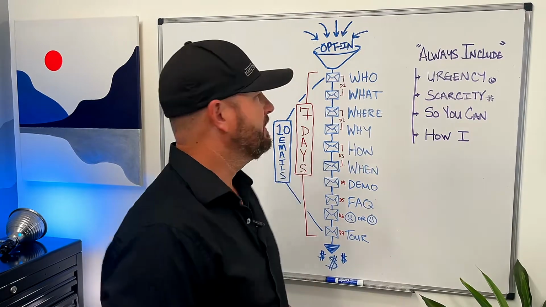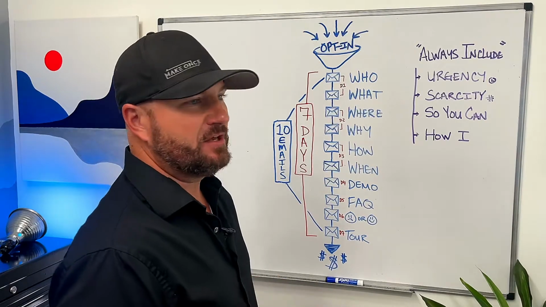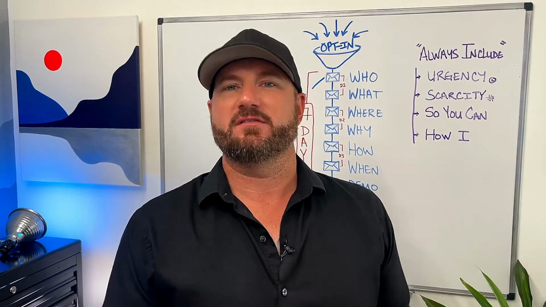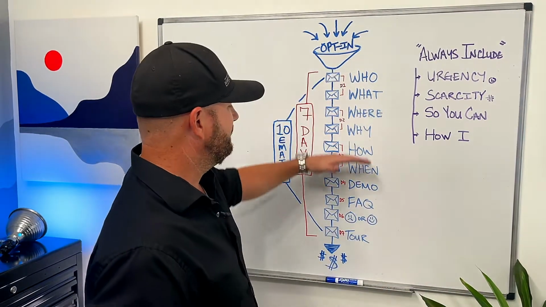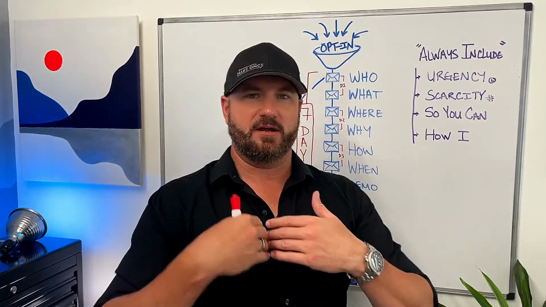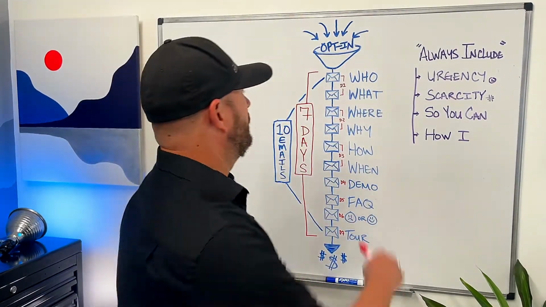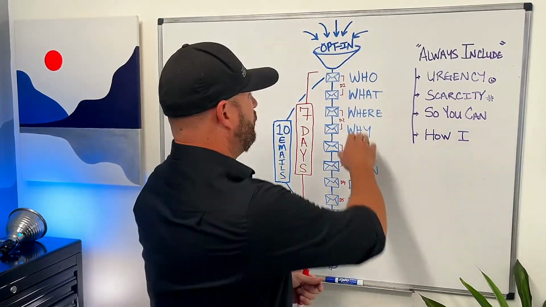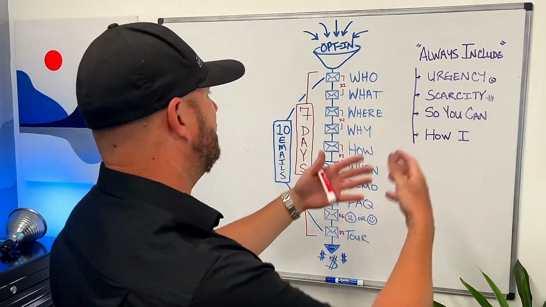It works amazing. So when they opt in, somewhere, sometime throughout this journey, these are the typical questions that somebody has to have answered in order for them to do business with somebody or in order for them to make a real decision. And I always think about these things in terms of the customer and also in terms of why we do something, right? So who are we and who is this best for? What do we do and what does the customer have to do? Where does the thing happen and where can they use it or where can they get it?